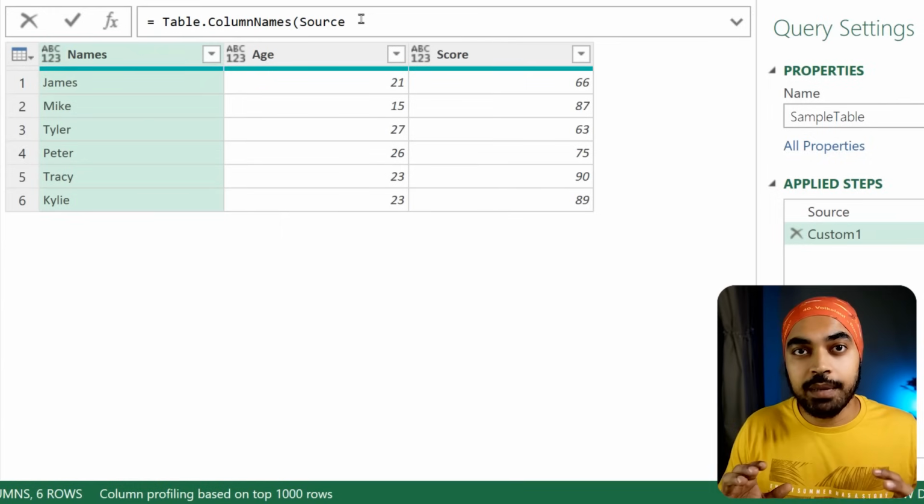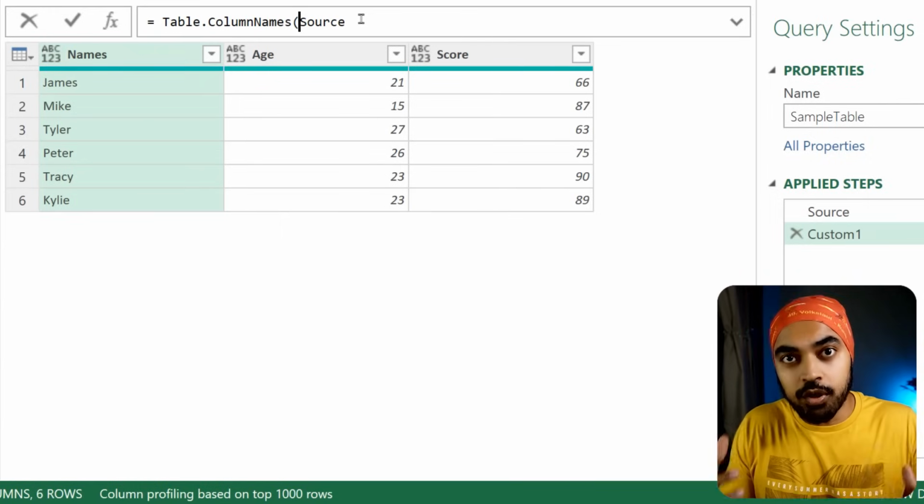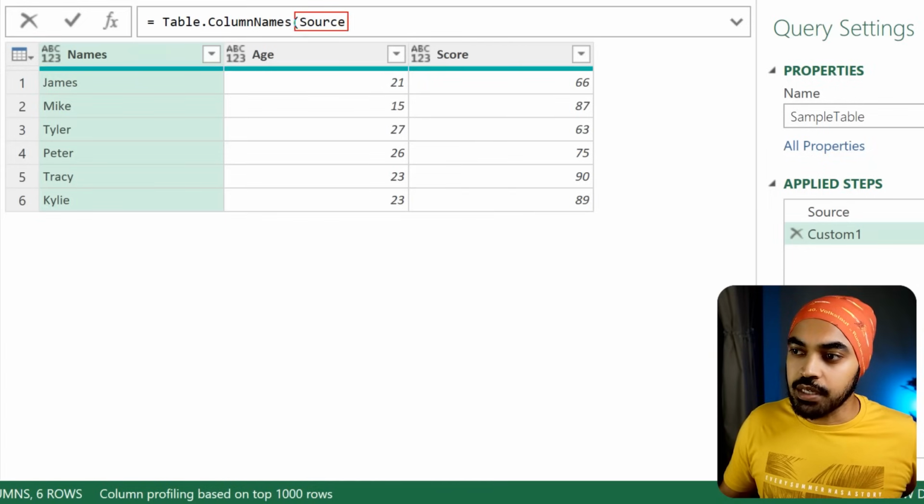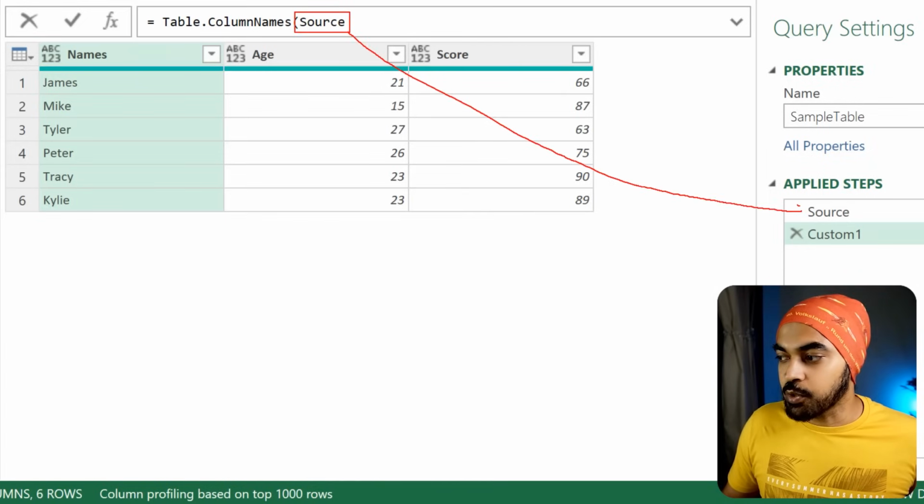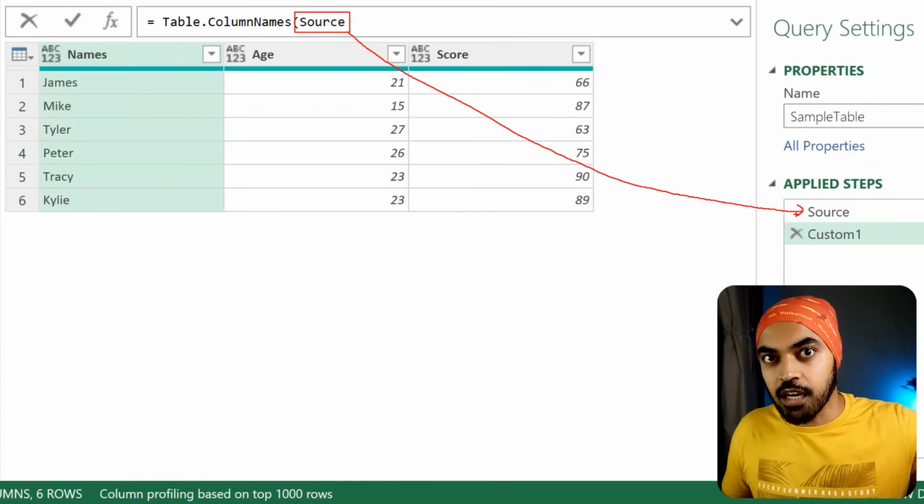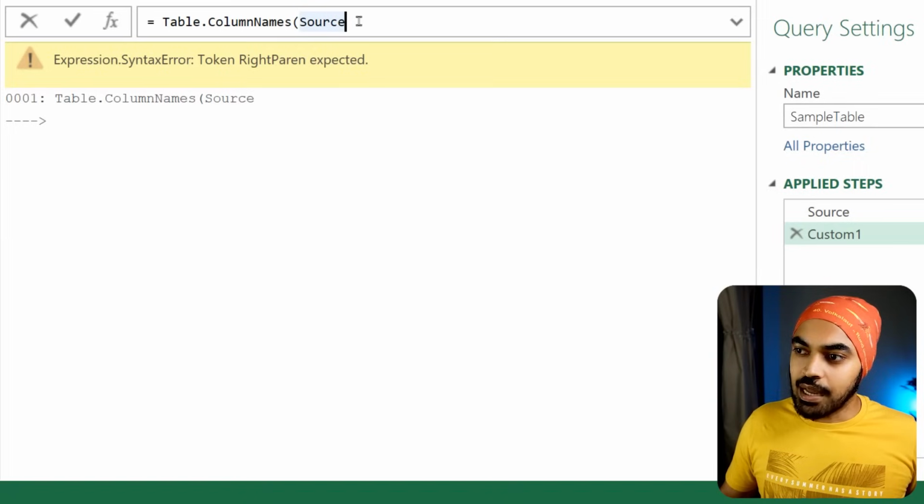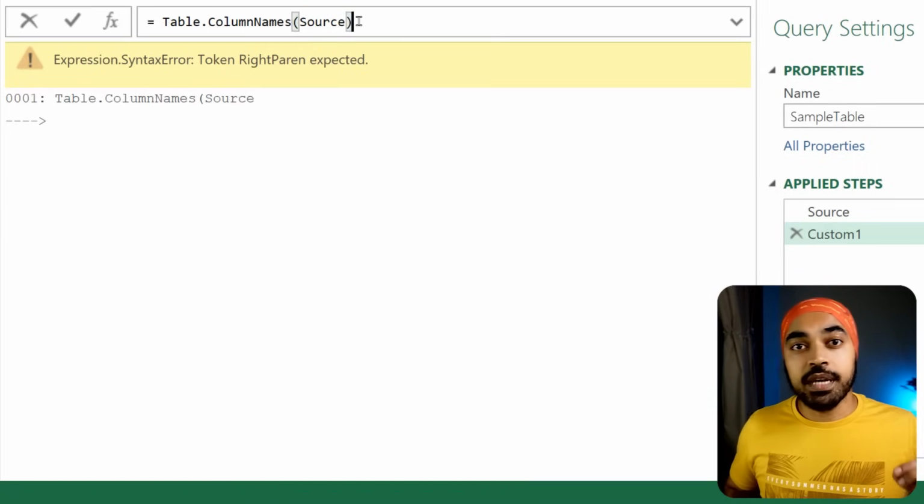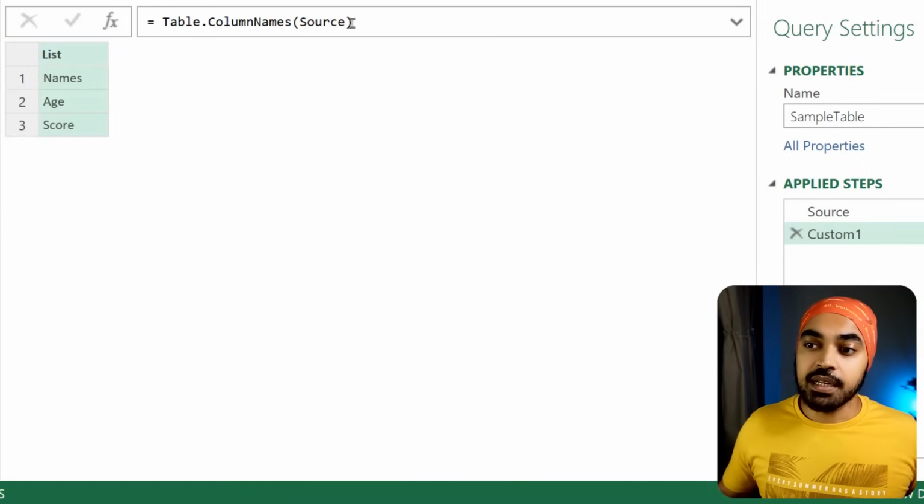Table.ColumnNames is going to ask you, hey, you want the names of the columns of which table? So source is nothing but the name of the table. It's actually a step which was a variable that contained the entire previous step's table. All right, as soon as I now commit to this function, I'm going to get the names of the columns, but in the form